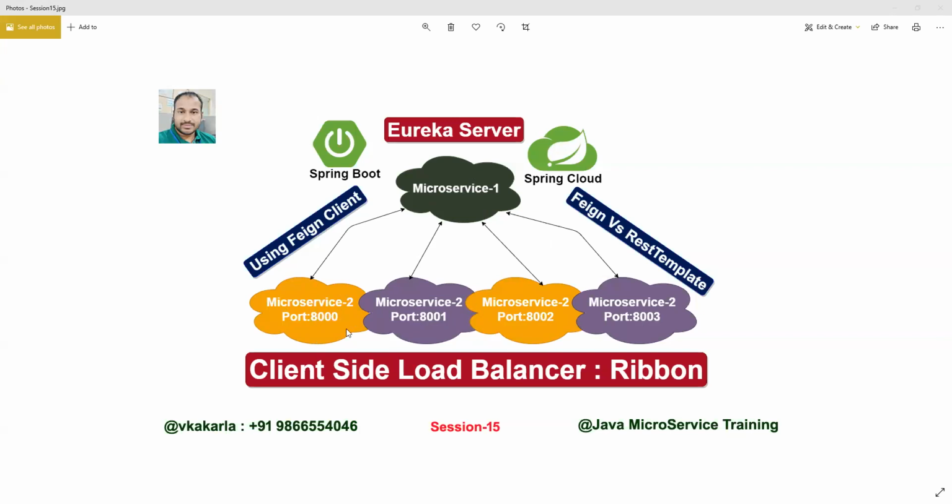Say service 2 is running on different servers: one server is port number 8000, one server is port number 2, and one server is port number 3. Different servers means the cloud provides replications of the servers, so that if one server is down, we will have a second server. That is the reason the load balancer takes care of it. If one service is down, the load balancer will shift to the other servers, always looking into the available JVMs.